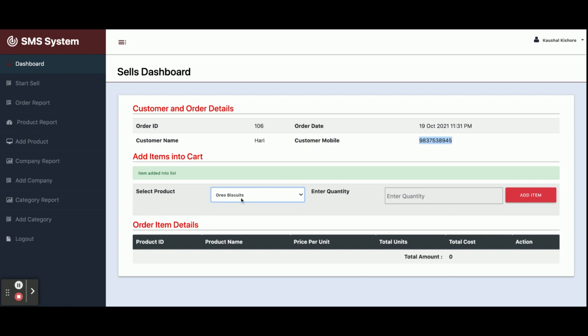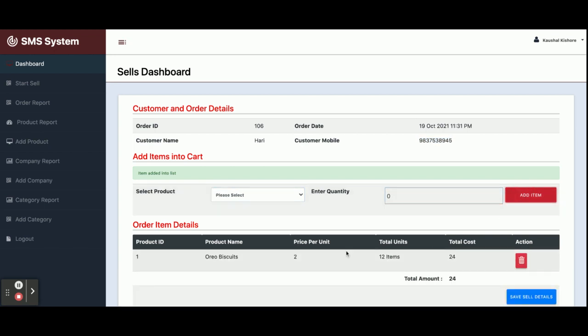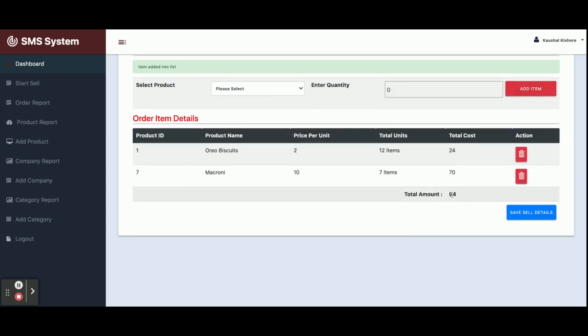You can add more products from the add product section, and the quantity, suppose I am adding 12 quantity, so you can see the total cost is calculated automatically. Now macaroni, and then I need 7 items, so you can see the total cost the customer needs to pay is 94 rupees.